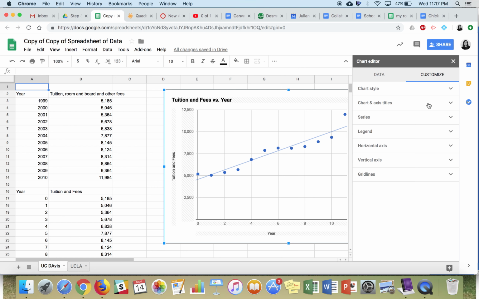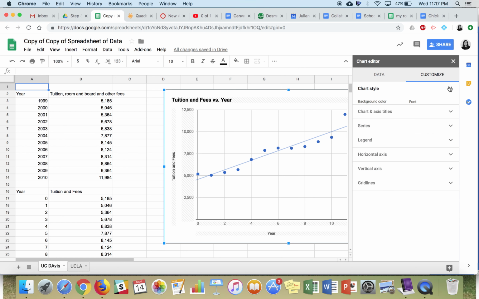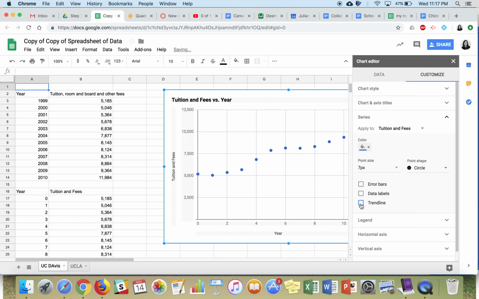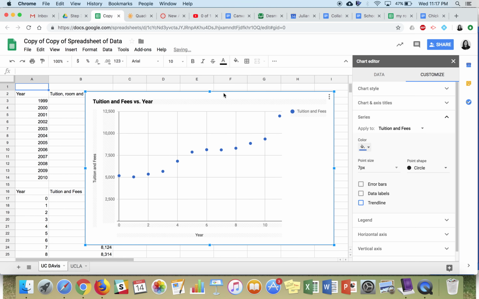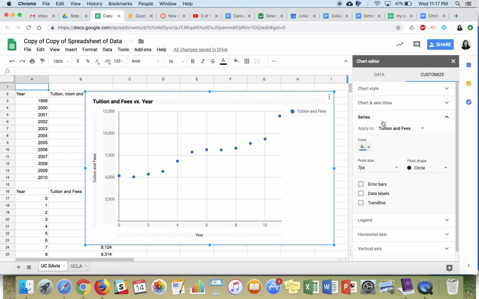I think it's under series. Yep. So under series, you should have probably just seen that it disappeared. So here's that. We're going to click on the 3 dots, and then you're going to go over to customize, and then you're going to click on series, and you're going to come down and notice that there is